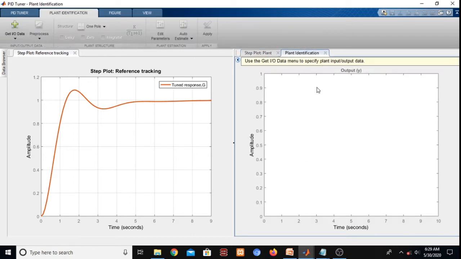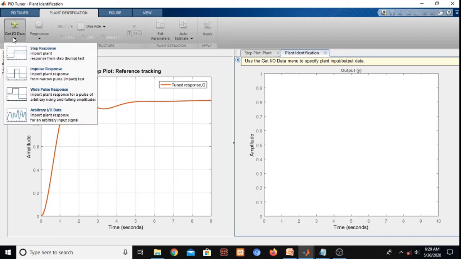So this particular window is blank now, so use the input output data and specify plant input output data here. So get input output data.